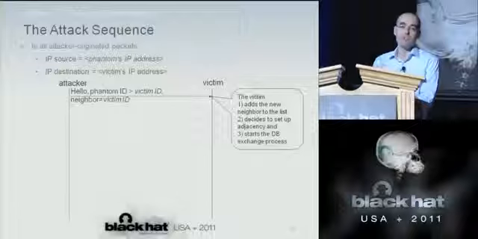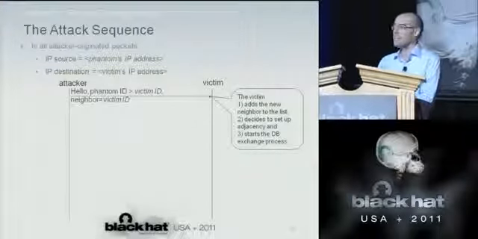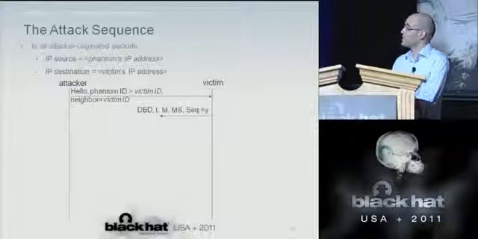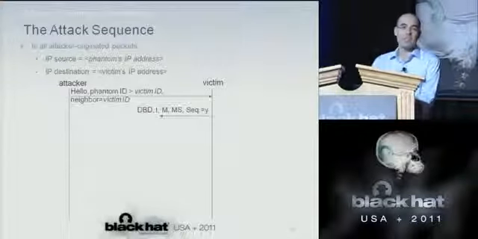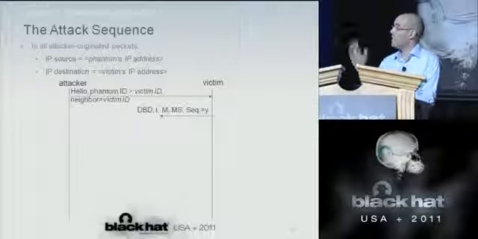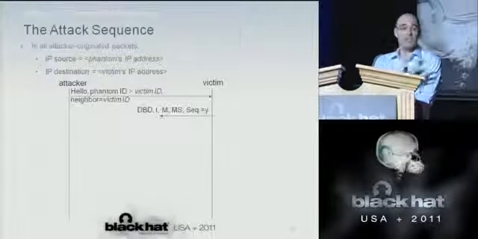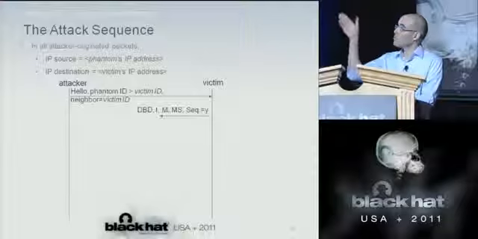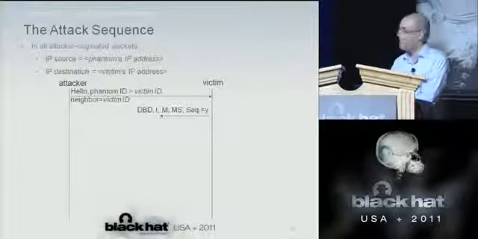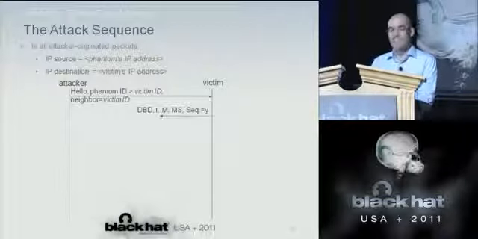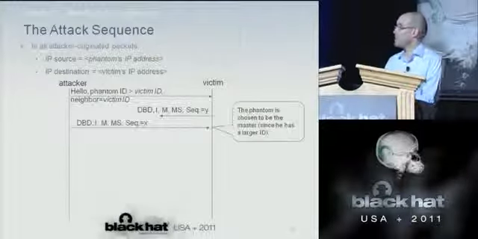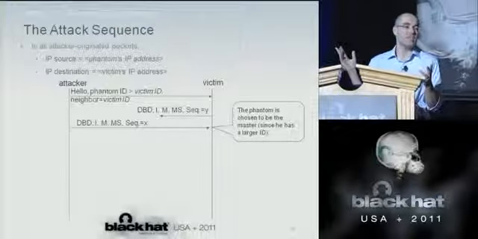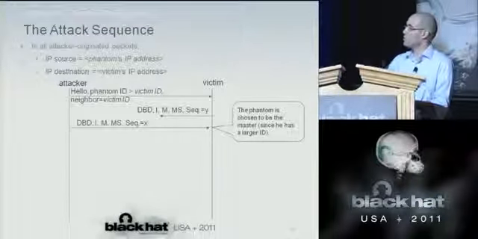Since we assume here that the victim is a designated router, the attack is launched on the designated router, and he starts the database exchange process. And so he sends out his database description packet, claiming to be the master with some initial sequence number. The message will not be received by the attacker since the attacker is located remotely, and the message is destined to the phantom's IP address, just a fictitious IP address. So it will not be received by the attacker, but the attacker doesn't really care. He just sends out his database description packet, claiming to be the master. The MS flag is set with a totally different sequence number, not related to the sequence number chosen by the